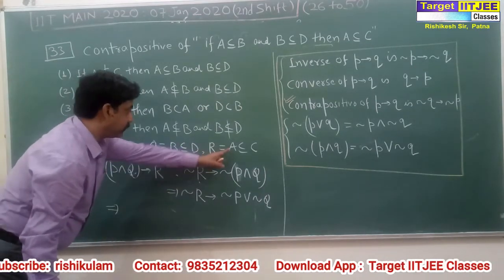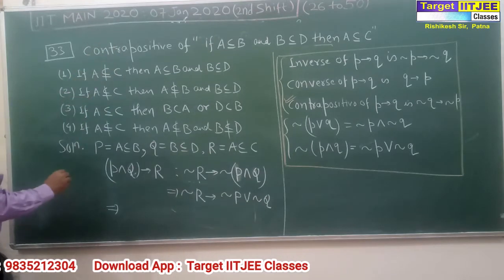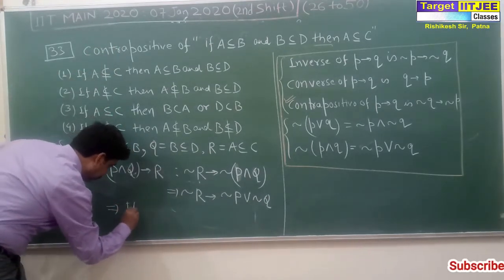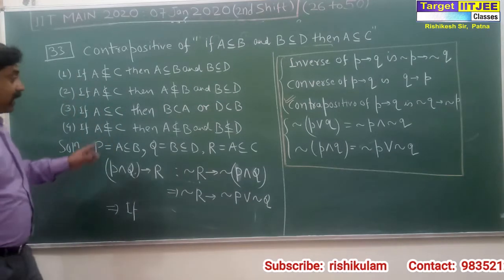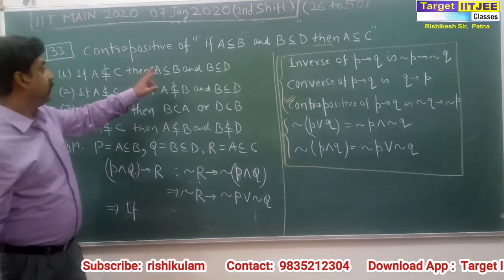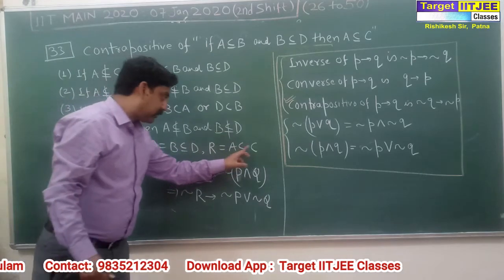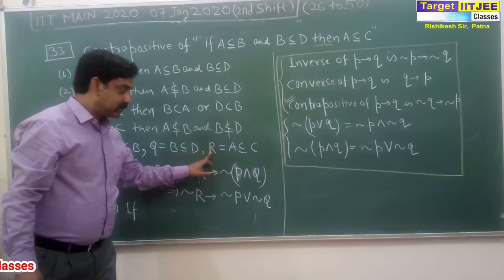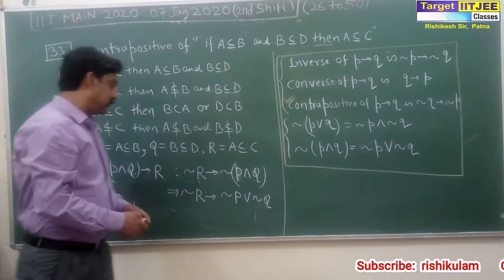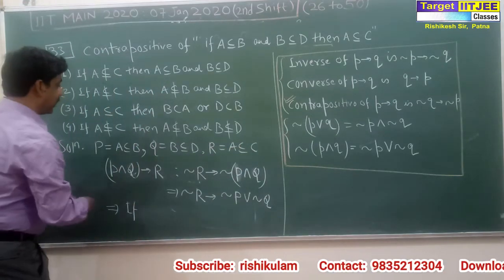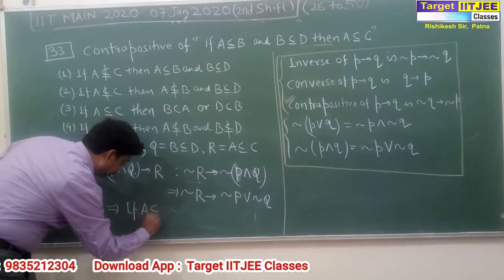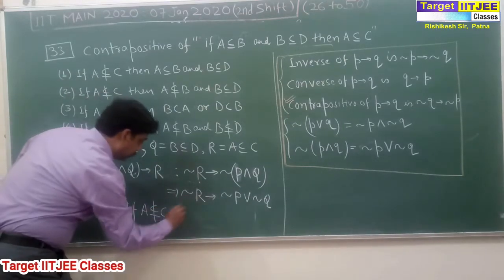What is R? R is A is a subset of C. So what is the negation of R? R is A is a subset of C, and the negation of R is A is not a subset of C. So if A is not a subset of C, then